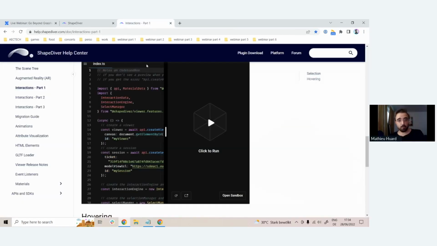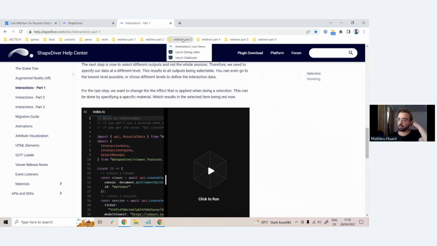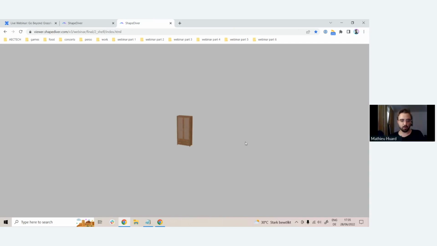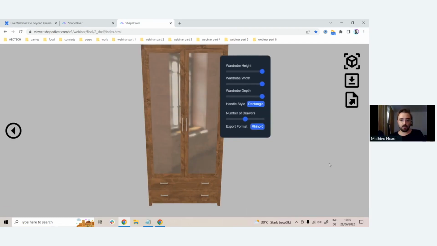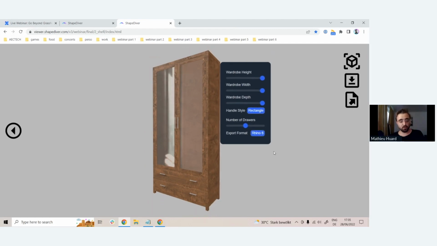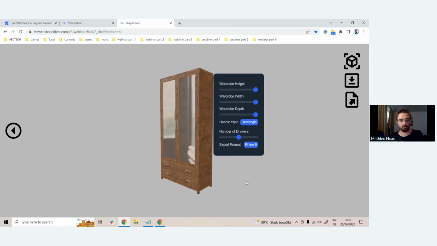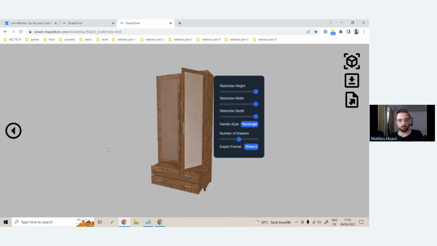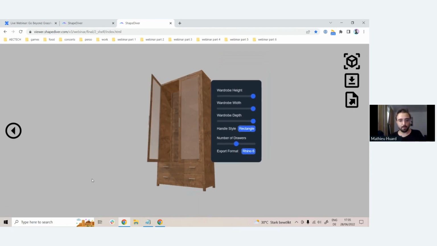Okay, so that was level 2, at least part 2 of the webinar. The next thing we wanted to show is how you can go a bit further, using these interaction modes again, and in particular how to add animations to the different geometry assets that you sent from Grasshopper. In this case, we have this shelf, and we added two types of simple animations: rotations for the doors, and